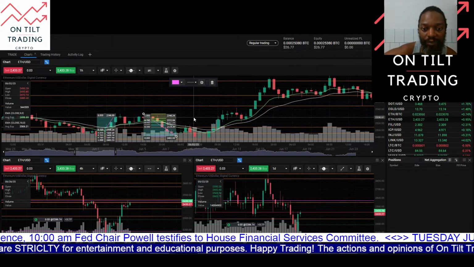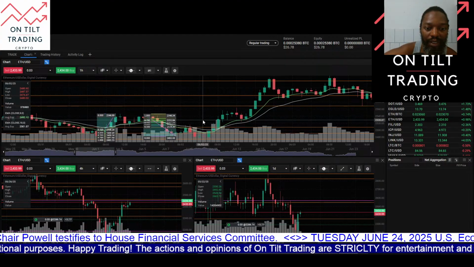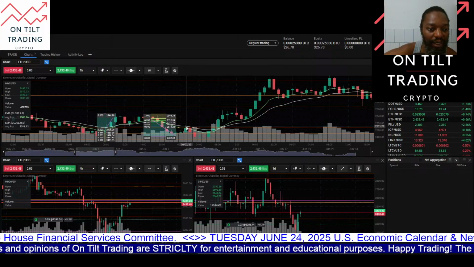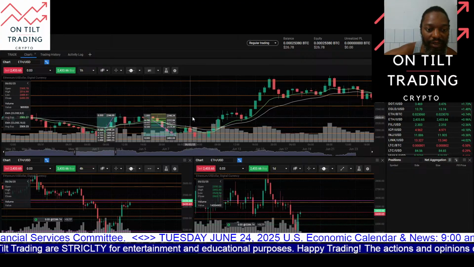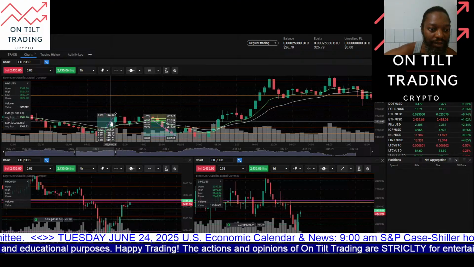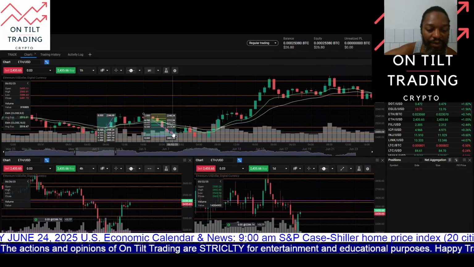So this will take some work, but what I want to do is start to find some criteria that will give me some kind of information here in these areas of congestion. So with this being a long right here, this being a potential short here,